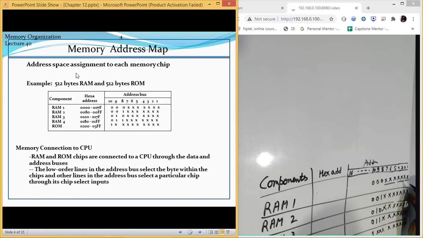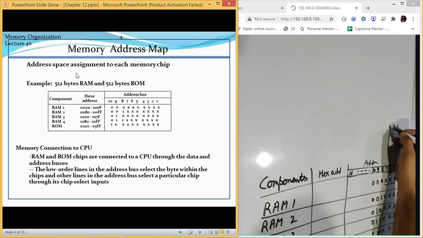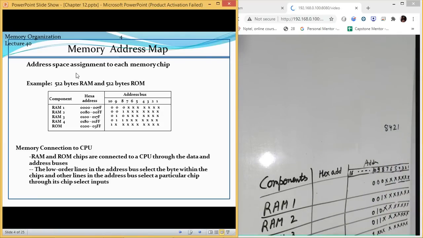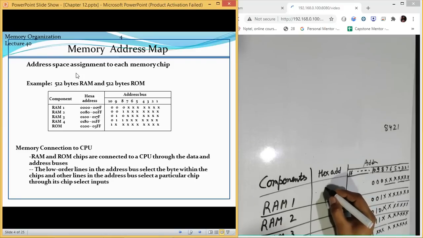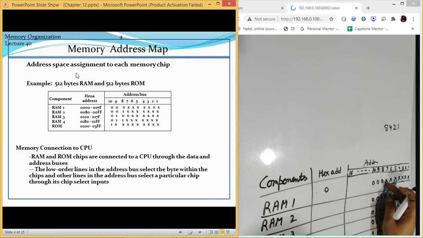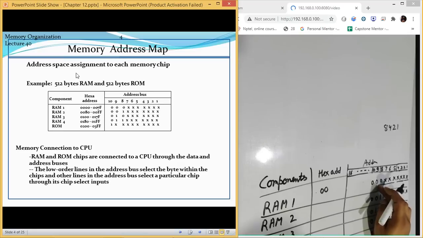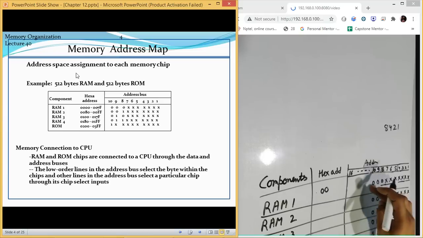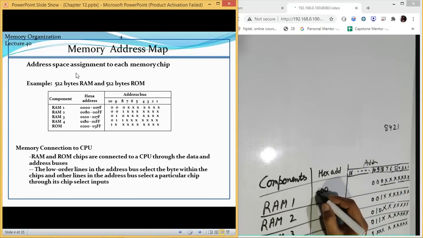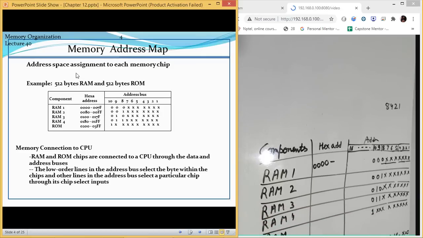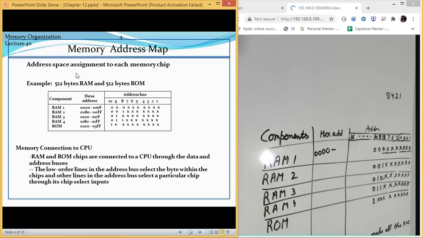Now this is the hexadecimal representation, 1 2 4 8. If all are 0, this value will be 0. All these values are 0, and this is also 0, so all these 4 bits, starting from 5 to 8, will be 0, so the second value will also be 0. The fourth value, up to 16, from 9 to 12 and then 13 to 16, will all be 0. So the first address which we have got is all zeros. Then if you want to find the last address, now